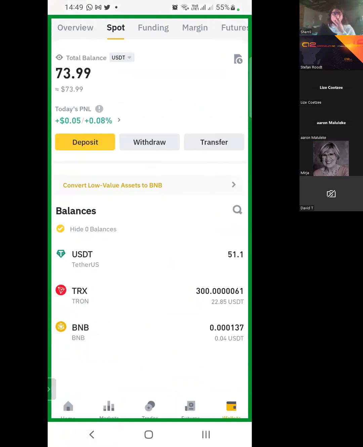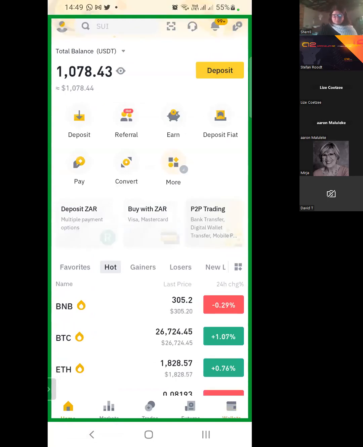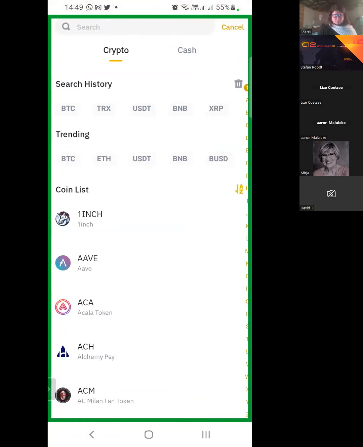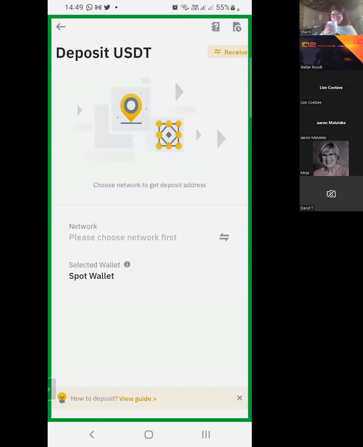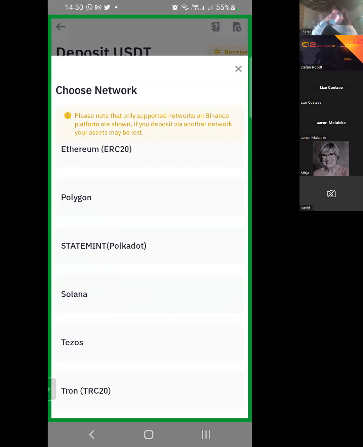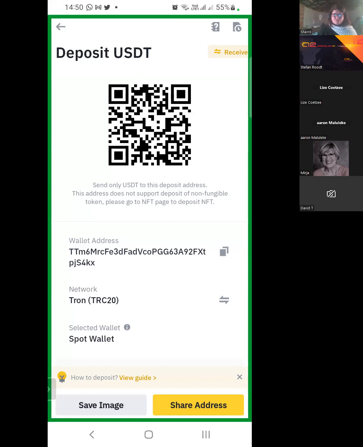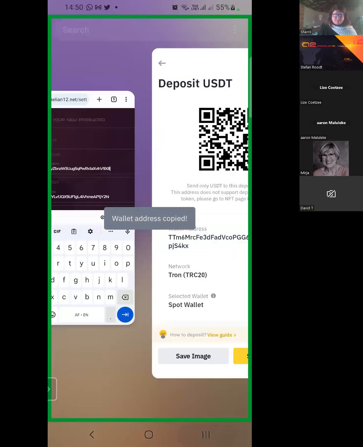You don't need to go back. I just want to show you again. If I go home, you see home, you see wallets. You press on deposits, crypto, USDT. It will give me the network. I choose TRC20, the Tron network. I copy that address, go back to